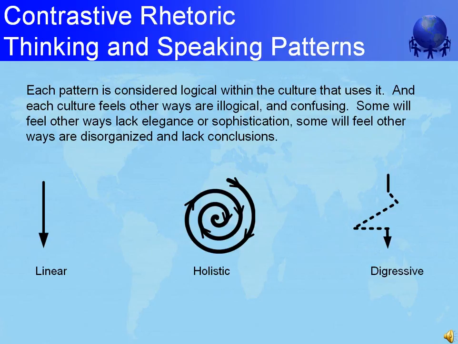Digressive and holistic speakers can test the patience of linear speakers, but the consequences of these differences can be much worse than just a feeling of impatience. When, for example, linear and holistic speakers attempt to communicate, the communication may fail completely. This is because the linear speaker only listens to the spoken words and does not continuously ask themselves, how should I be interpreting these words?